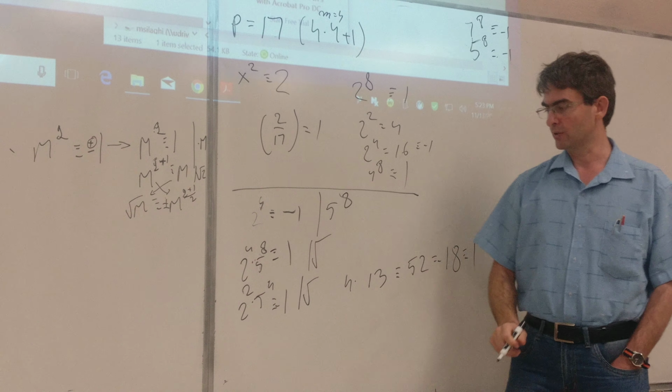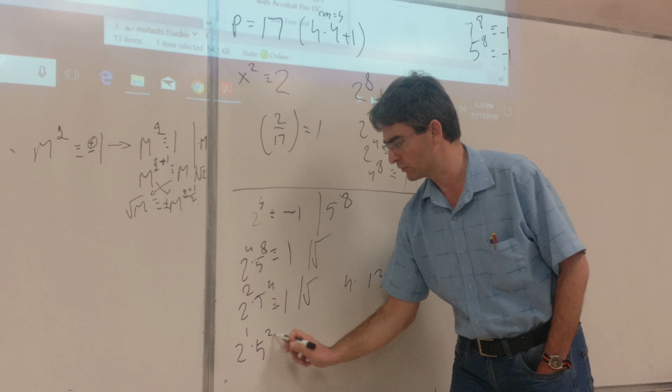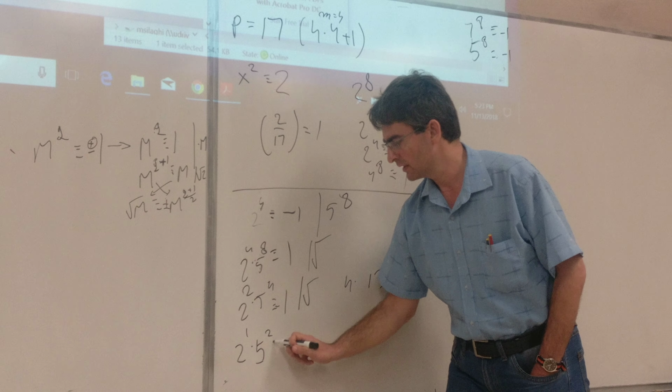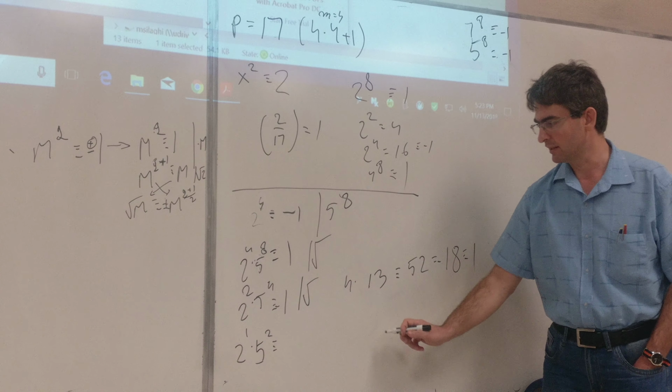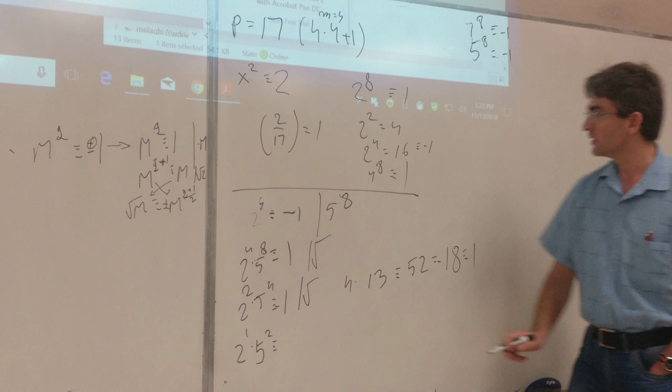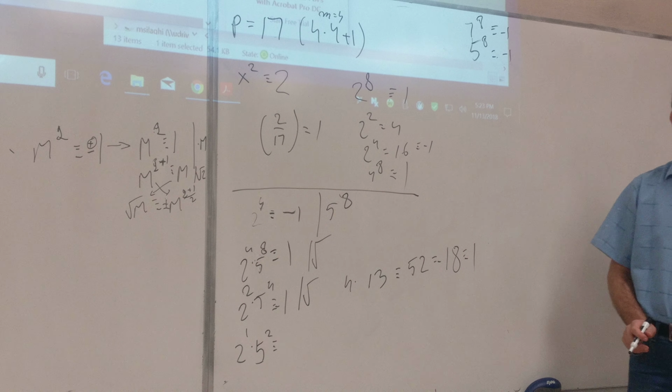We'll compute one more square root and we get 2 to the power 1 times 5 to the power 2. And we have to check, is it plus 1 or minus 1? That's 2 times 5 squared, which was 25, which mod 17 was